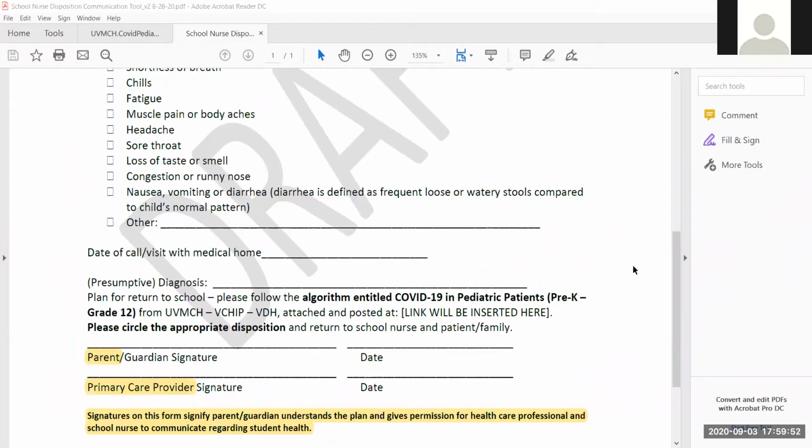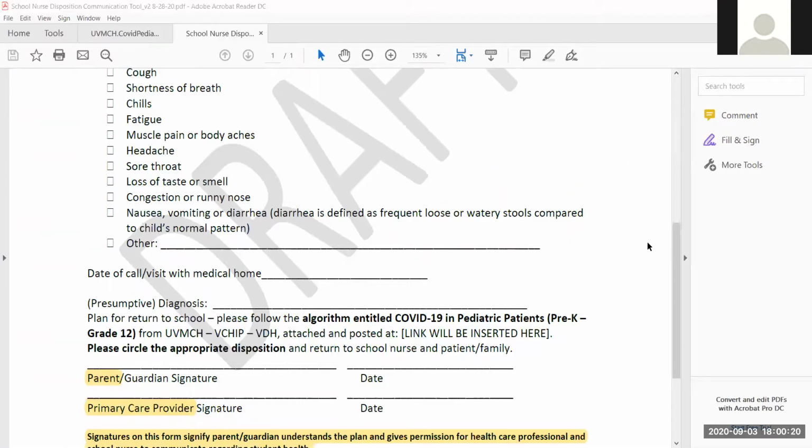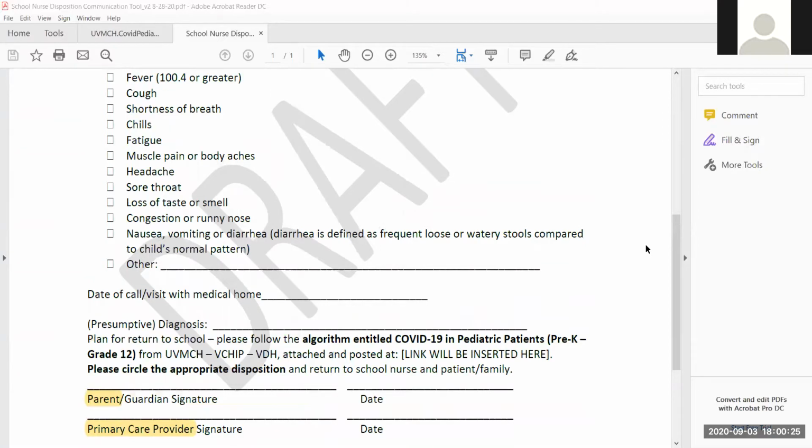It's simple. Unless they've got a signed parent permission, it's a barrier that we struggle with every day. So that's why we have this statement down here, because they need to understand the mission specifically, in this case, for the school nurse to be able to provide information to someone outside the school about their child. I'm not particularly wedded to this form, and I don't think anybody is. It was just something they drew up quickly to make sure I had a lot of it,